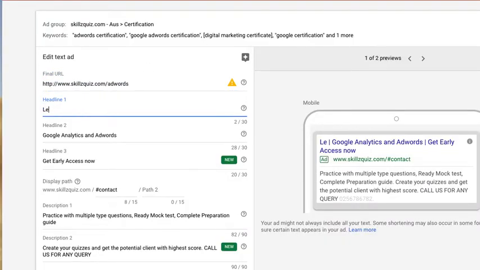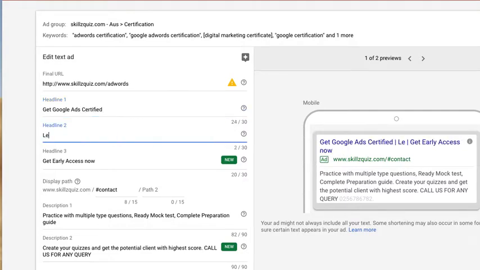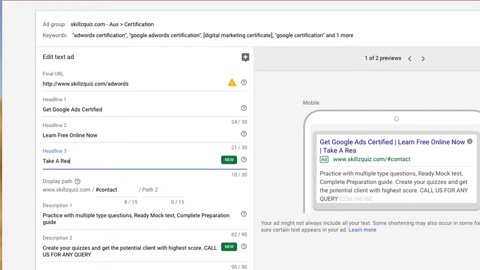Okay. And we're going to change our headline one, learn Google AdWords, get Google AdWords certification. Google Ads certified, learn free online now,